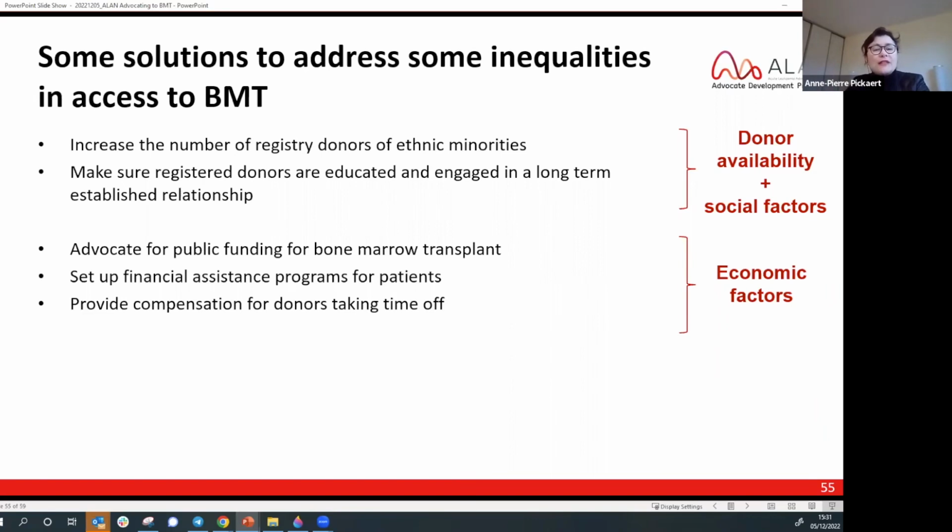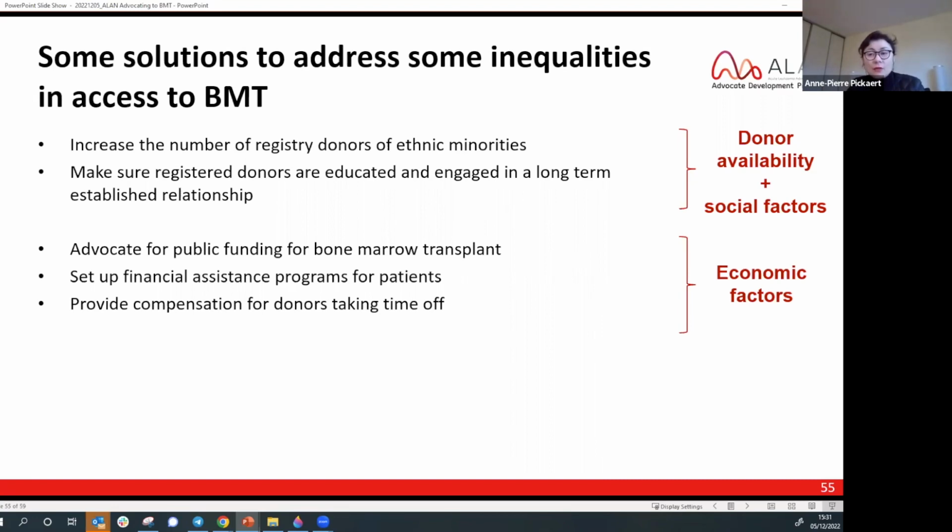Another aspect around affordability: I've talked about the patients, but I mentioned before the donors. Some donors would want to donate, but it would be too much of a commitment, because they can't stop working for 2-3 days. They can't be away from their family because they can't pay for babysitting fees. They still need to look after their children, for example. So if patient organizations can provide that financial support to donors,